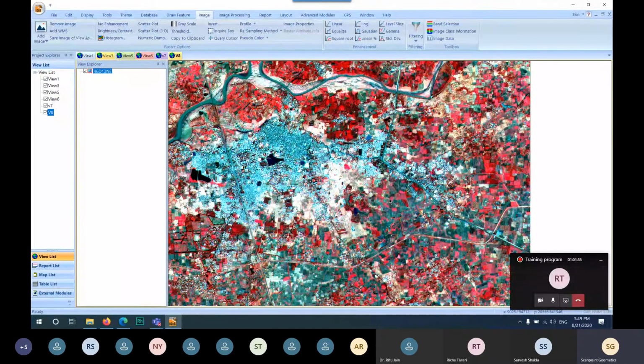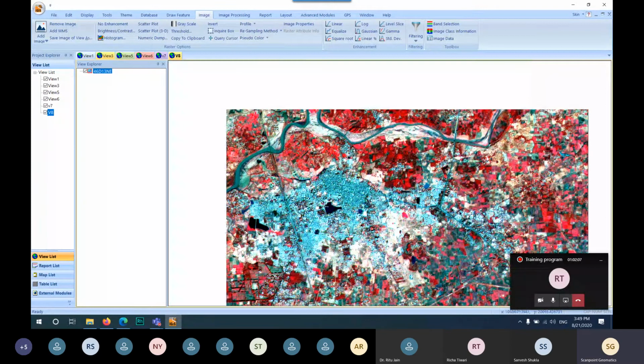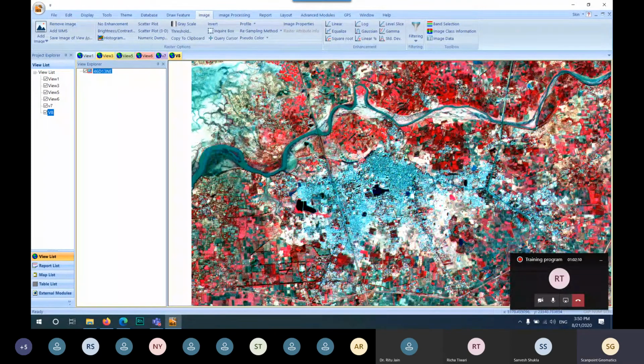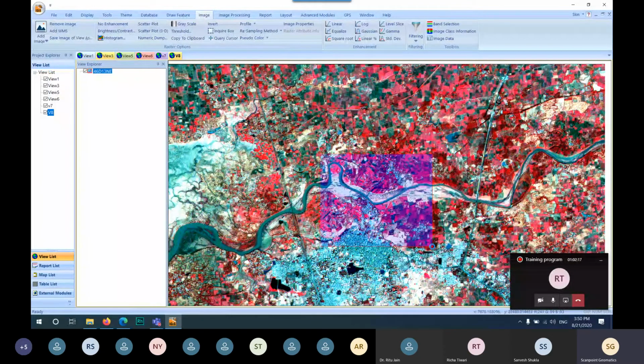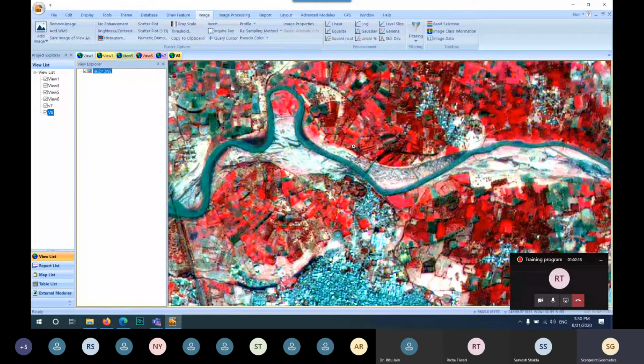Some other visual interpretation tools are association, tone, texture, which are useful to identify the features. We take the example of association. The association tells us the features which are associated with the neighborhood.